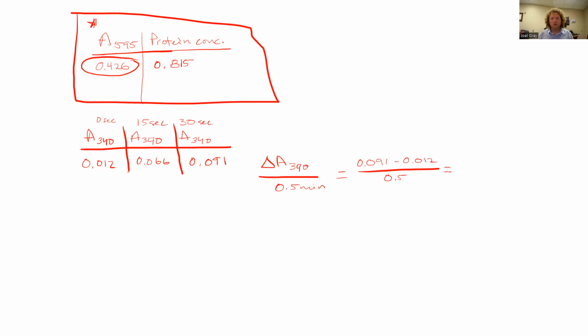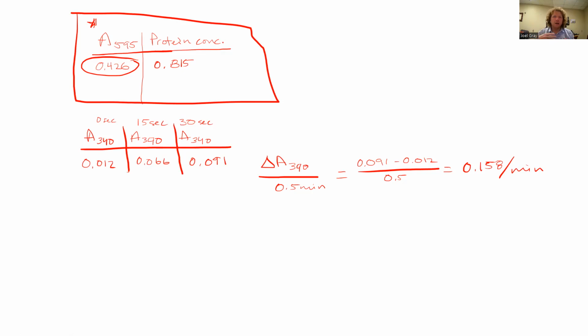So do the calculation on that. 0.091 minus 0.2 divided by 0.5 gives me 0.158 per minute. Now, what's sort of complicated about this is, it's a valuable number, but we're looking at simply the change in absorbance. The change in absorbance alone